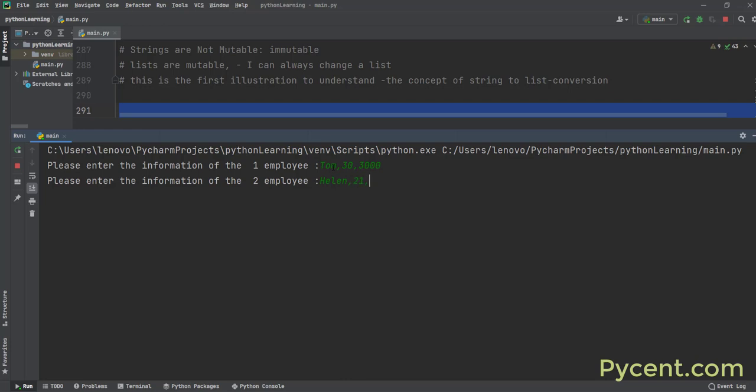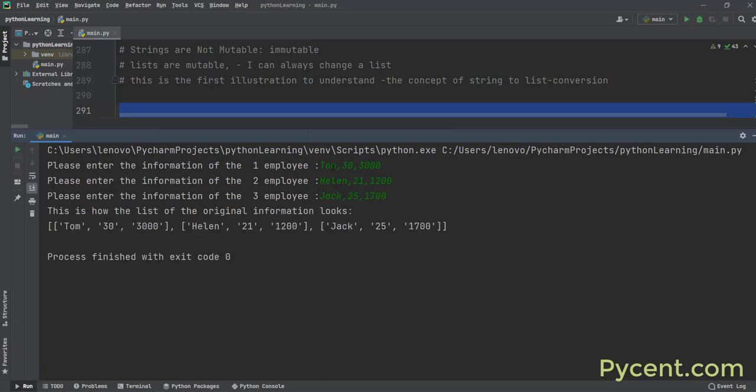Third name, Jack, 25, salary 1700. You see that? 3 people, the information of all these 3 employees is entered,